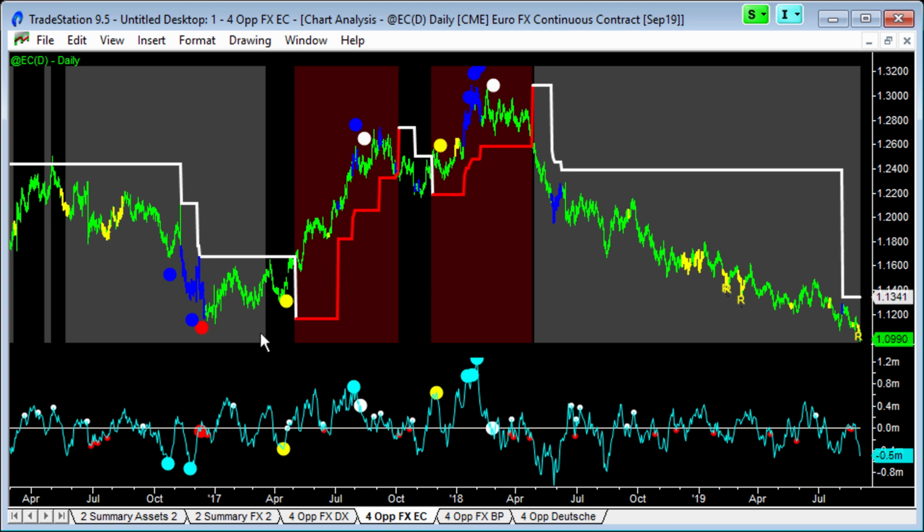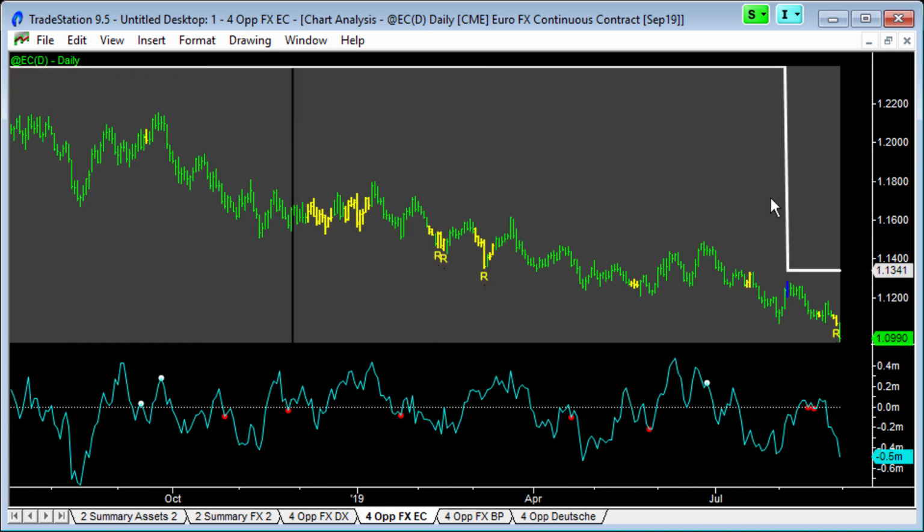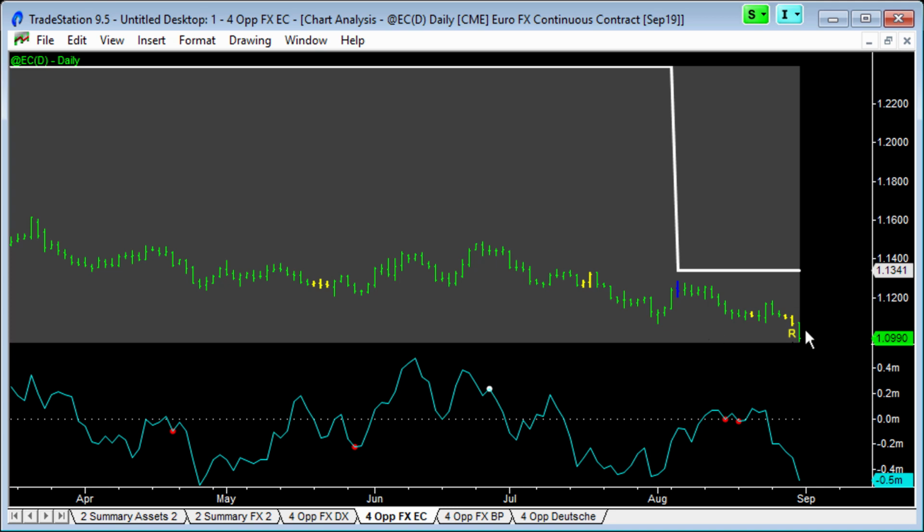So you can see the bottom that was made back here at the end of 2016. We have blue professional bars coming in with exhaustion selling, bullish divergence comes in. We test with a little bit of a flush pattern, and then we race away. The high is made up here with blue professional bars into the high, exhaustion buying, bearish divergence, we roll over and go the other way. And what we have not seen on the euro yet is blue professional bars coming in at the lows. The last time we saw blue professional bars, they were selling that little bit of strength up here.